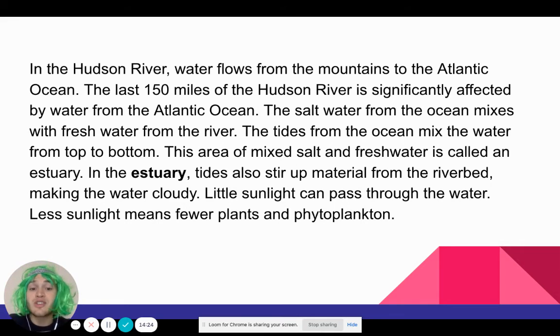And because they mix so much, the tides stir up all of the dead organisms and all of the dirt that's on the riverbed. That makes the water really cloudy. And because little sunlight can pass through the water, there are fewer plants and phytoplankton in that part of the Hudson River.